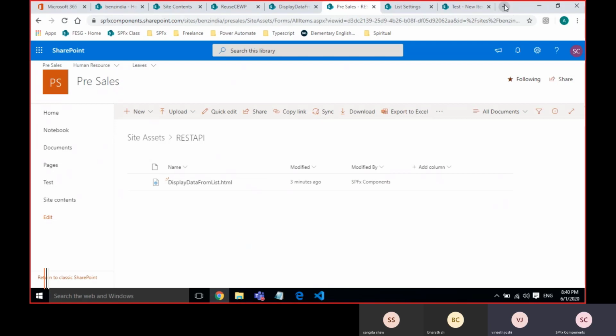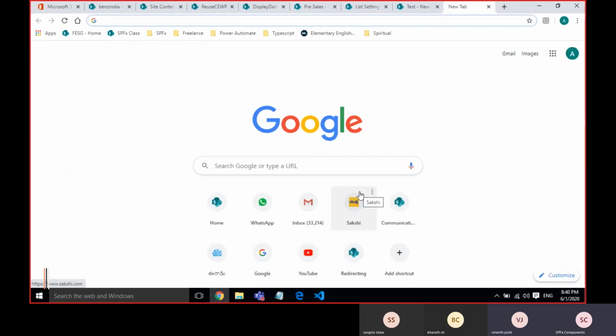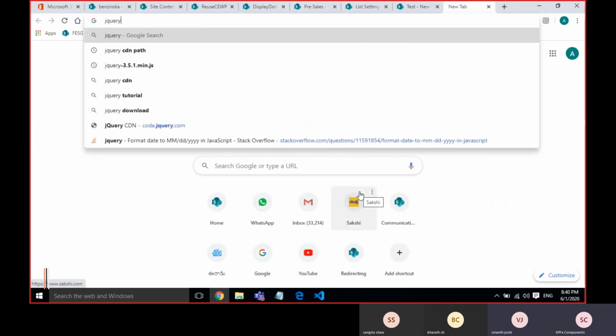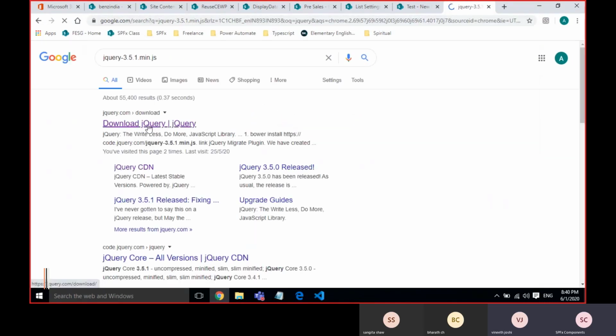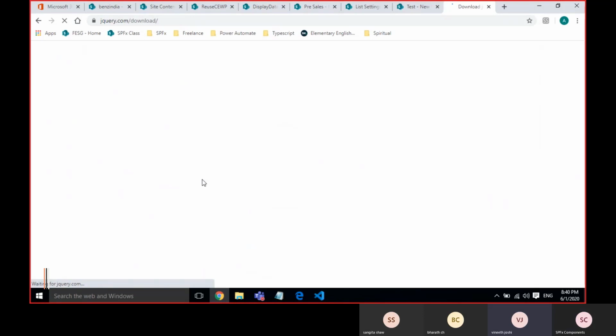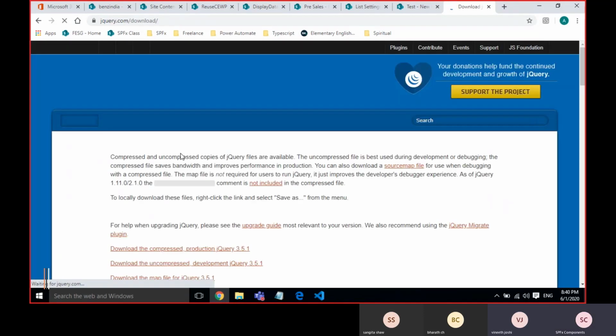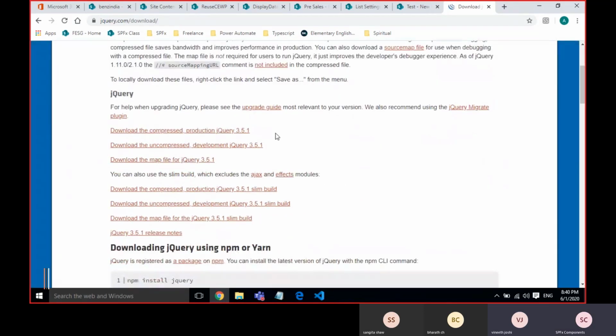I'll use jQuery. Take this in the content editor web part. I'll take CSS later.